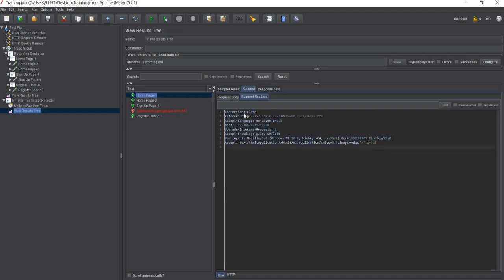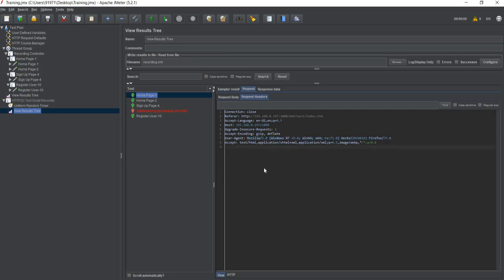These are the headers of the request. You see that the connection is close, and the referrer is the previous request, meaning what request was made before this one. Then we have the language, so it accepts US language. Then we have the host, this is our host. Then we have accept encoding, so it accepts these two types of encoding. Then it was coming from Mozilla Firefox. We know that we recorded it from Firefox, so it contains this.